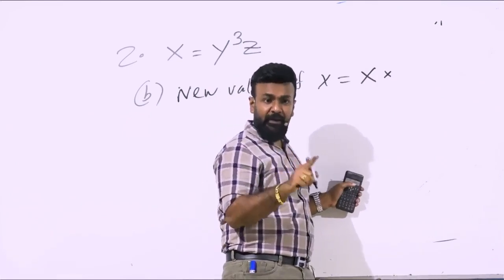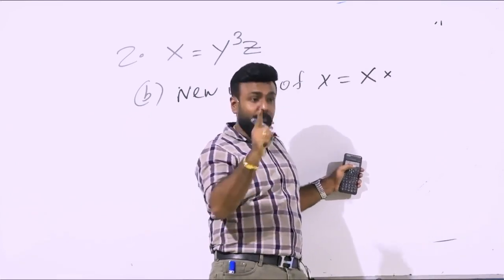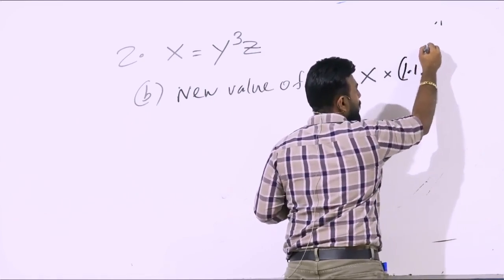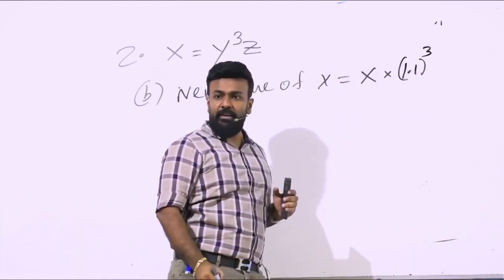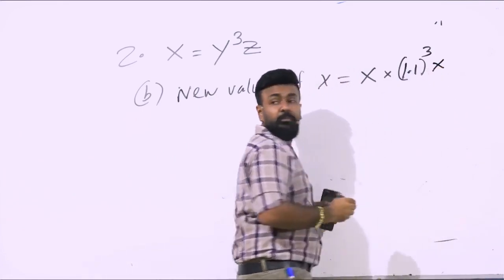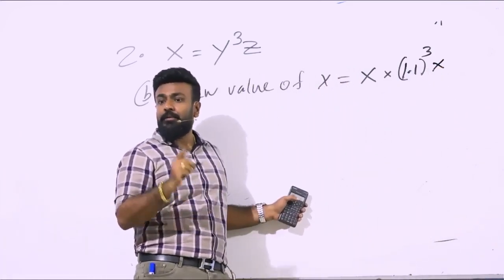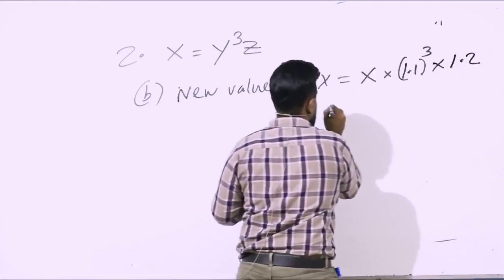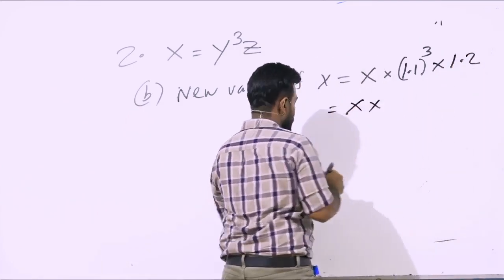Increased by 10%, that is 1.1. What is the power? Third power. Into z: the percentage increase of z is 20%, that is 1.2. This is x into